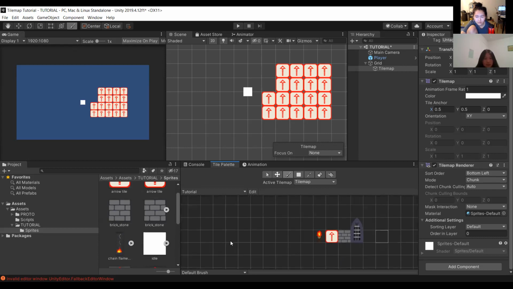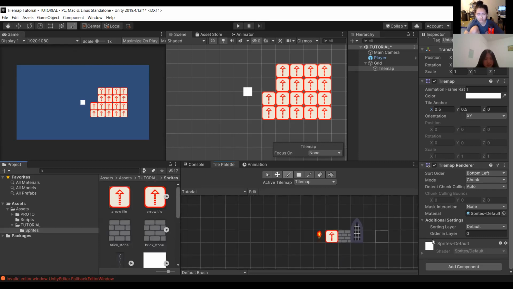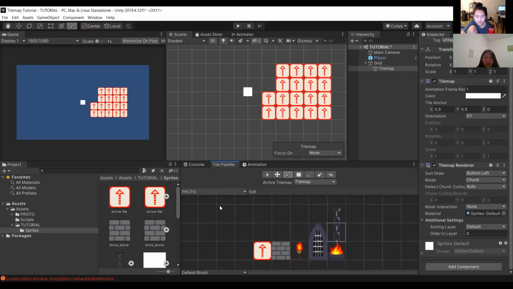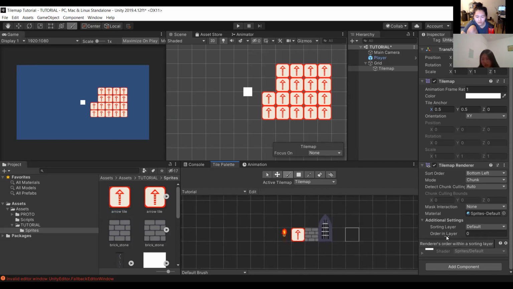Okay. Yes, such is the problem of automatic. Athena, is the idle sprite much bigger than the others? By 256, yeah. So the only other option I think is dragging one of the original sprites over whatever sprite. So here, I'm dragging my arrow tile over the arrow tile. That should fix it. If it doesn't, switch over to another tile palette and then back again after you've deleted the idle. We have to jump through some of these hoops just because we have the automatic sizing on our tilemap. I apologize for setting it as that. Okay, I fixed it. Thank you. Okay, awesome.